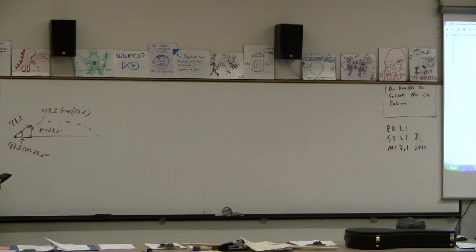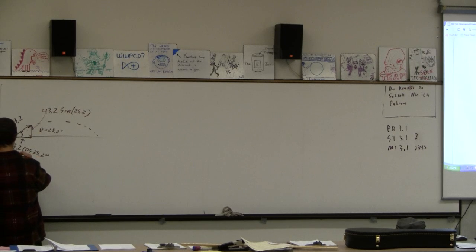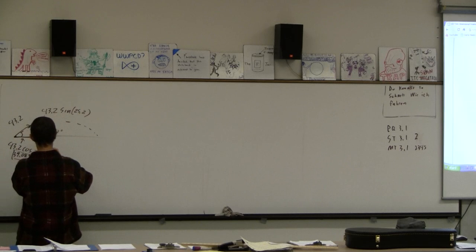So 43.2 cos 25.2. This is 39.089. And then this guy is